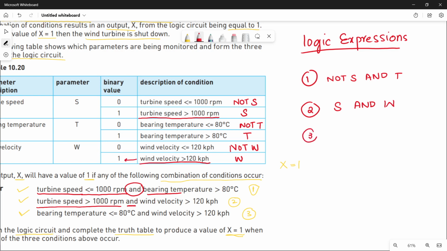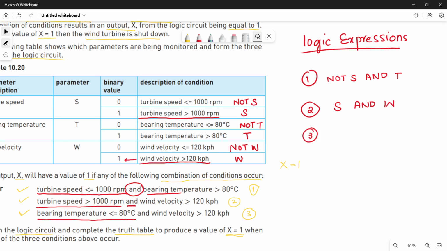For the third condition, look over here. Bearing temperature is less than or equal to 80 degrees centigrade. So for this case, quickly see that it's matching over here. Bearing temperature is less than or equal to 80 degrees centigrade, which corresponds to not T. Not T means the value of T is 0 over here. So write down not T,